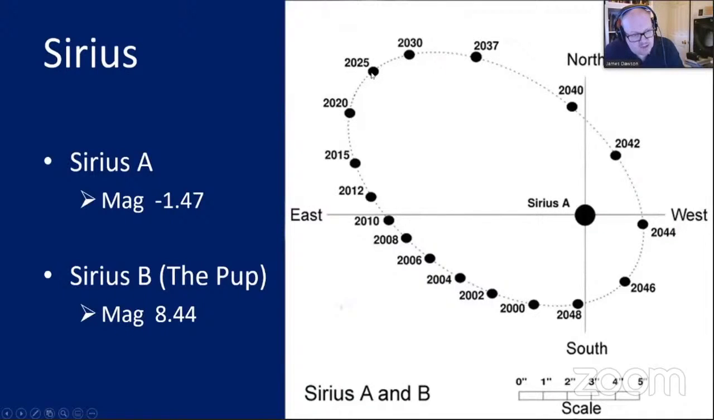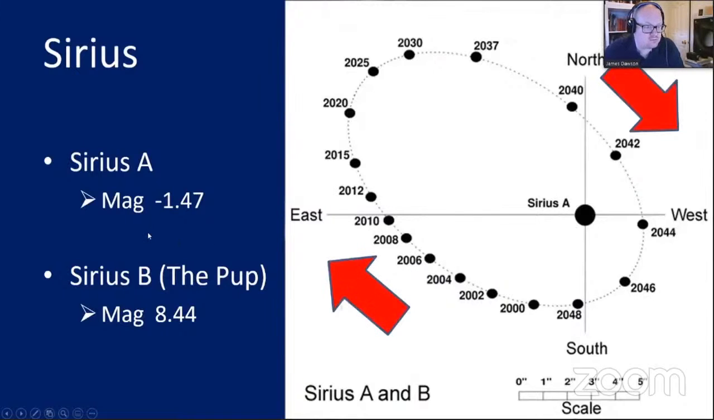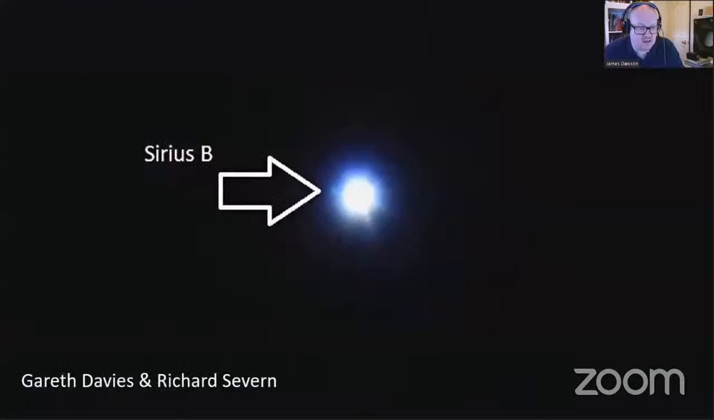So I suspect 2025 will be the greatest separation, and that's about 10 arc seconds. So that's easily achievable. And this is just showing the angle of movement. And here we've got an image by our own Gareth and Richard. And you can just see Sirius B, the pup, in that position there. And they took this in 2019, last year,